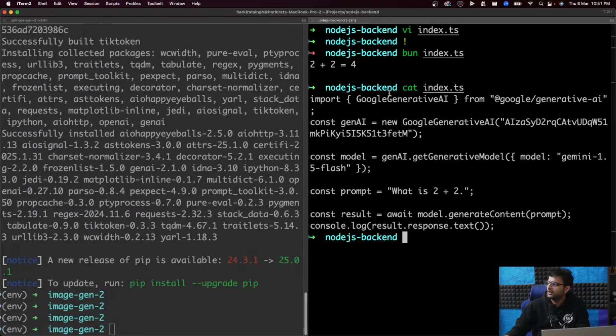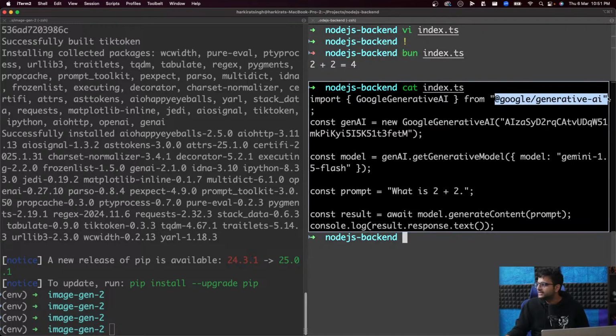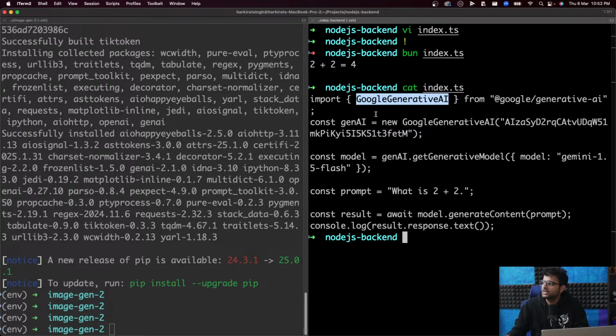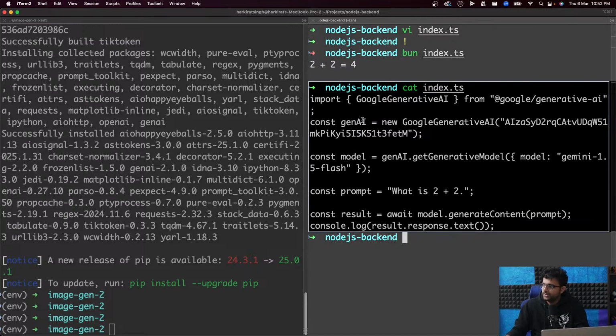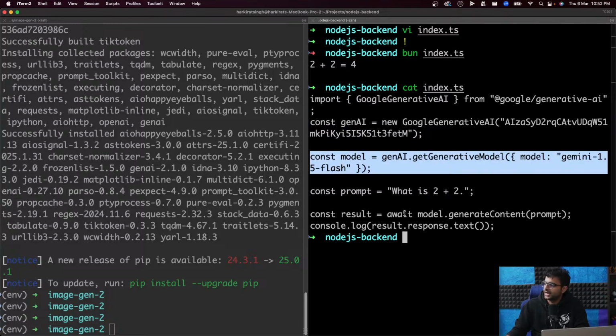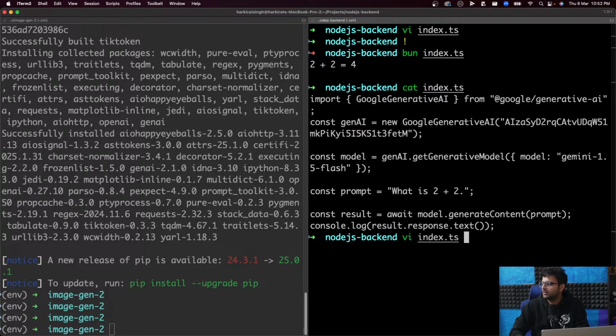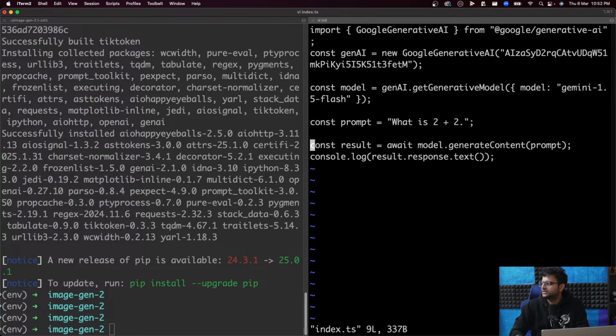So the thing that we're learning today or contributing today is this library that various developers might use to integrate their applications with Gemini. This specific library is what we're contributing to. Now do you understand? Simple enough. Its code base, if you look at it, just exports one thing, this Google Generative AI class. You create an instance from it, you give it your API key, you select a model, and you send the prompt to the model, get a response, and log it. So this is one of many ways people can use it. The problem is there is no function that exists right now that, let's say you do this.